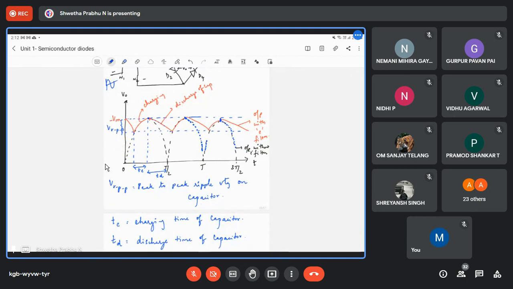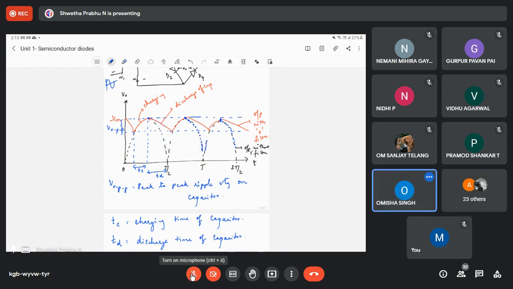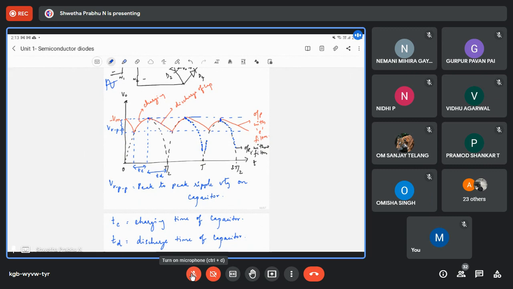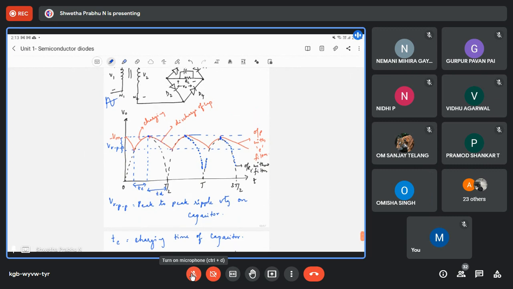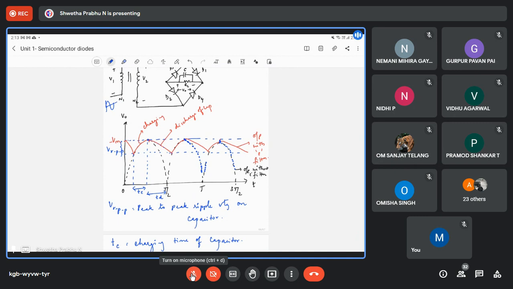Any questions? Ma'am, what happens when the filter is there? That is, as soon as you introduce the filter, the black waveform, whatever you are seeing, with respect to the capacitor filter,